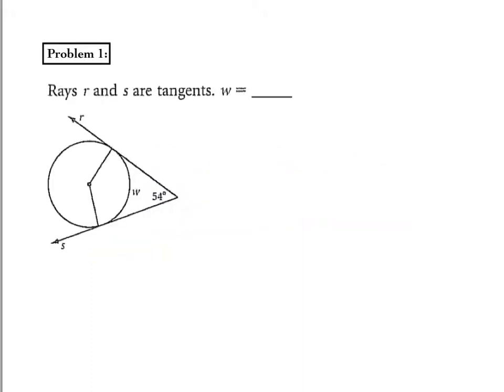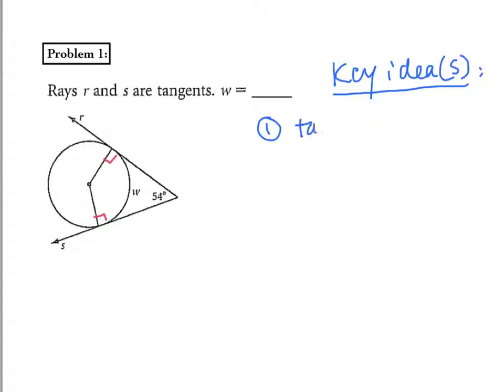In this problem right here we notice that we have 2 rays that are tangents, and let's write down over here what are the key geometric ideas. There might be one, there might be several. So the fact that we have tangents to a circle, we know something about the relationship between this tangent, this ray, and the radius of the circle at the point of tangency. And that relationship is that this is perpendicular. So one important key idea is the relationship between the tangent to a circle and the radius, and that is